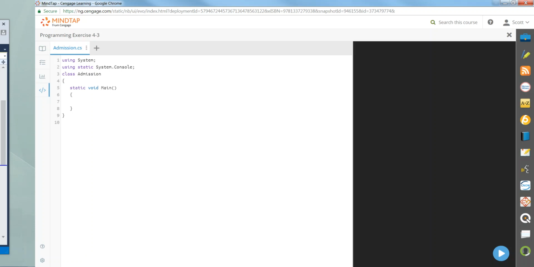We're going to start out, we'll declare a double, and we'll call it GPA. And our next one will be an integer, and we'll call it test score. And let's come up with what we're going to compare it to. And that'll be our constants. So the constant for